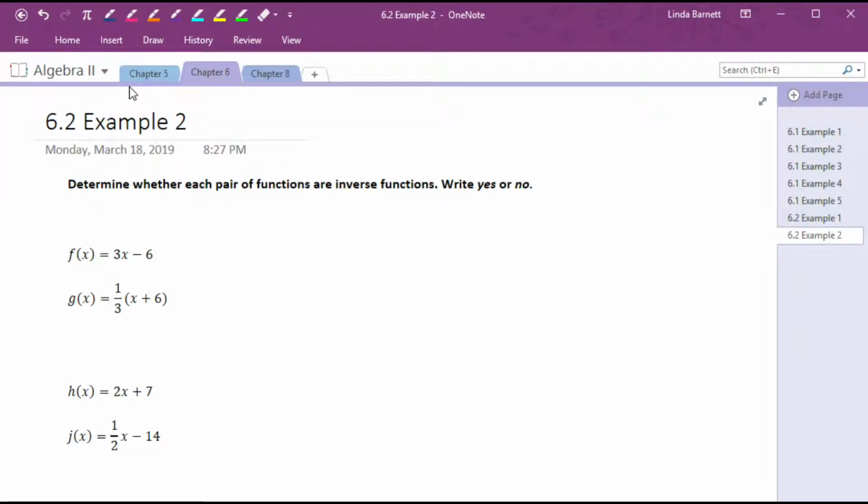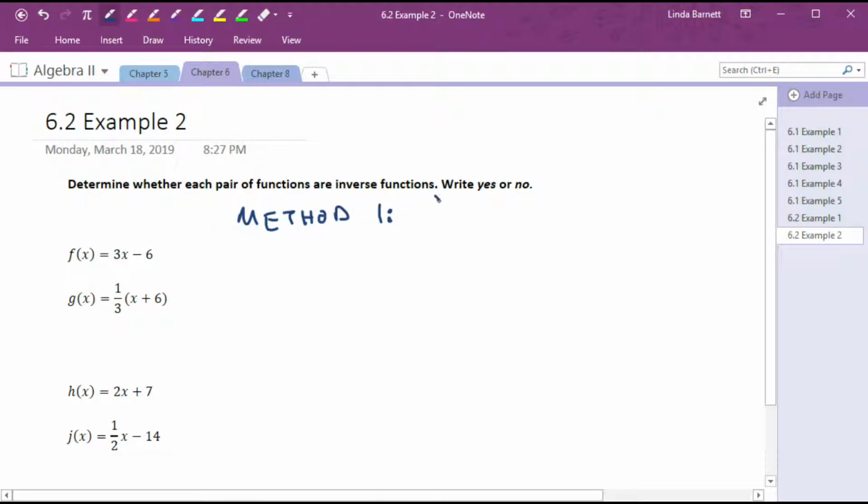6.2 example 2, determine whether each pair of functions are inverse functions. Write yes or no. You can't just write yes or no. That's not the way this works. You have to actually prove it. So the first, I'm going to do method 1 for this first pair of functions, which is doing the composition